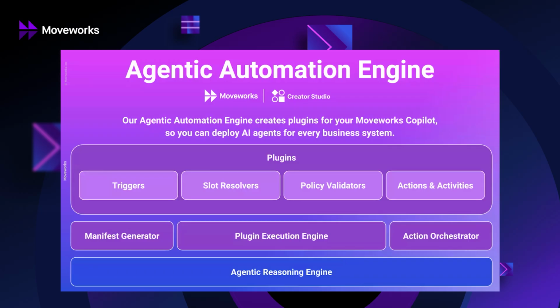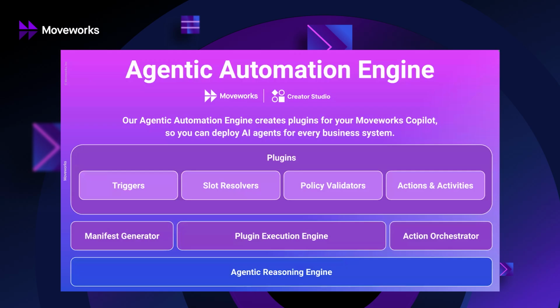Slot resolvers are not going to be very relevant for this session, but it's the idea that Moveworks is able to take the context of a user query and use that to make a resolution about some information that it has. So a practical example of that would be if Moveworks shows me back a list of objects and each object has a different owner, if I say, give me additional information about the one that I own, the slot that it resolves there is who am I? And it resolves that against the list that it has presented back to me. So it's able to resolve through context